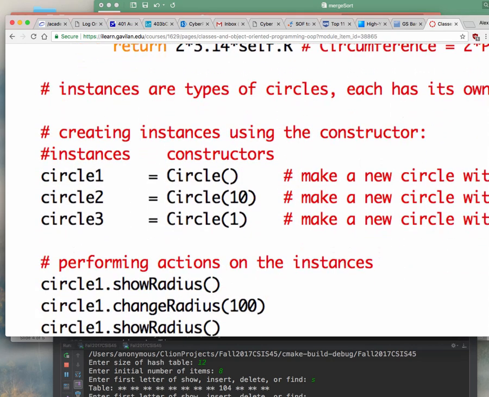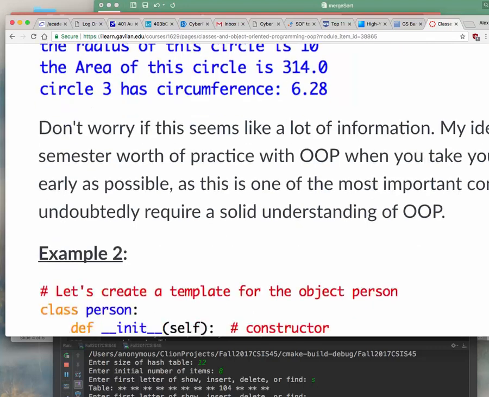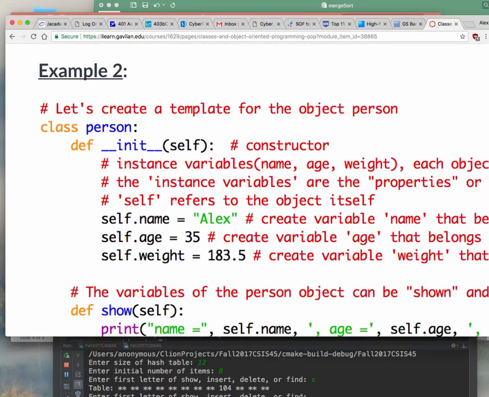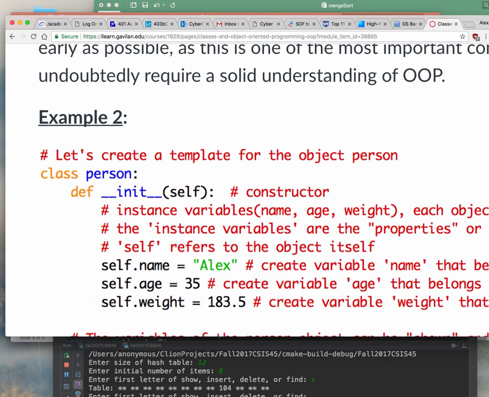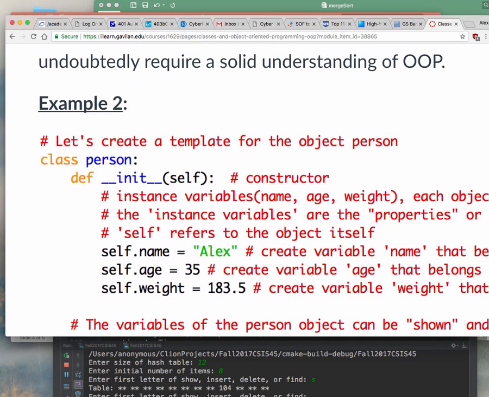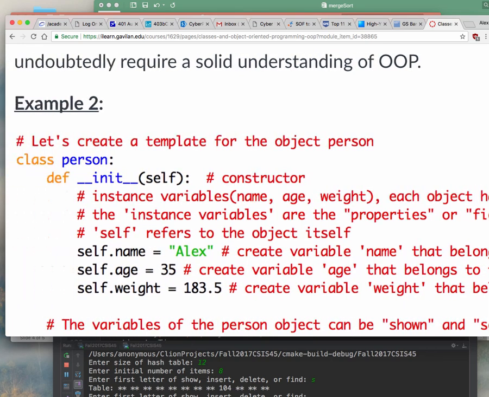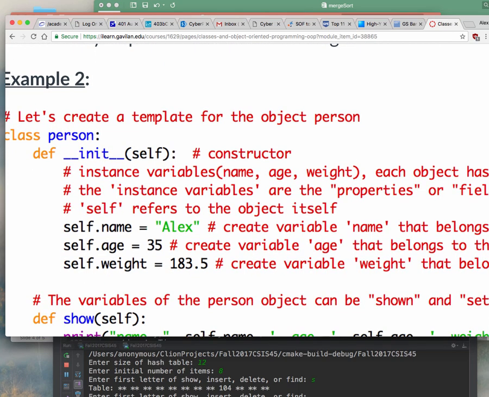Okay, so that's that. And there's another example in here in which I have a class person, right? And again, in there I have an init self, which is basically just my constructor. And again, self refers to the person itself. I'm changing the properties of this particular person: the name is Alex, age is this, weight is this.